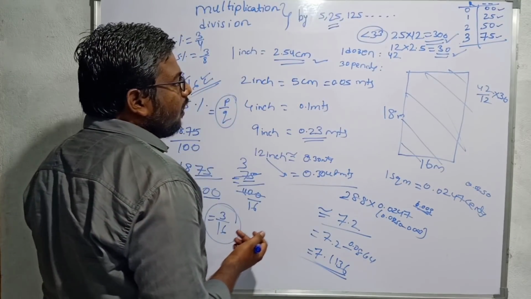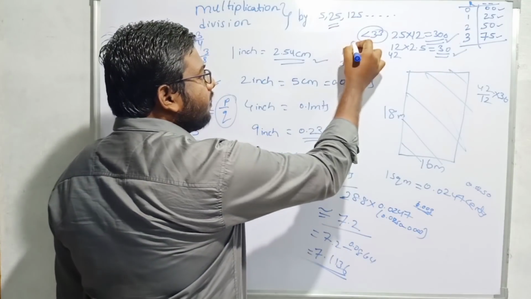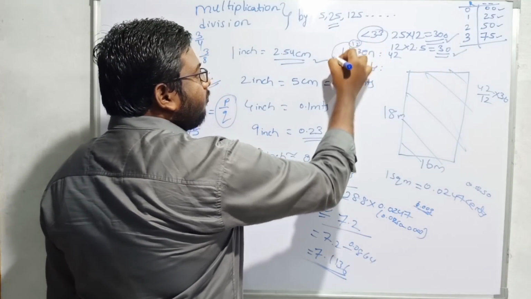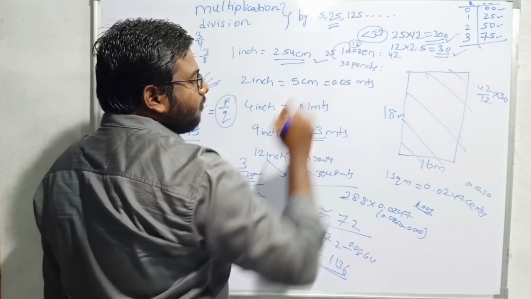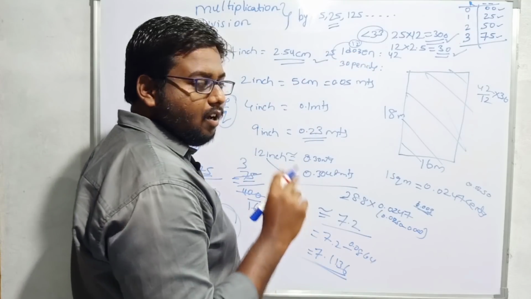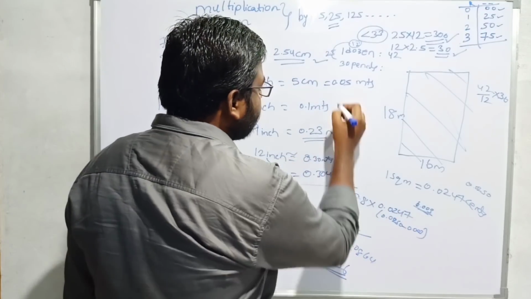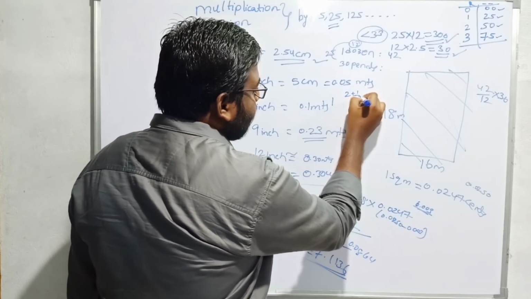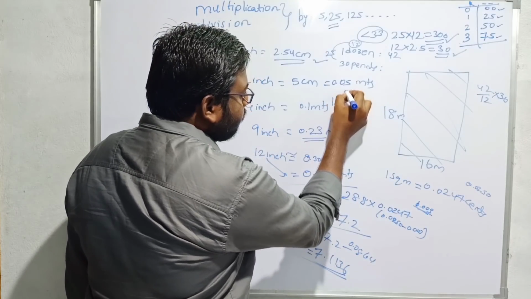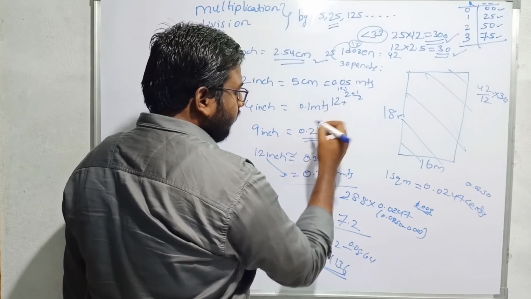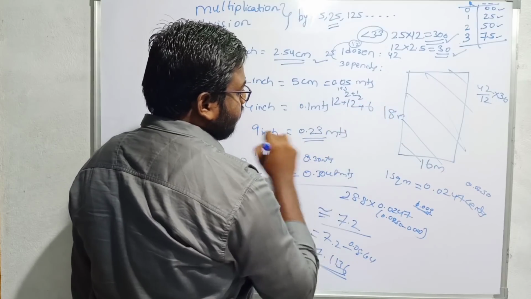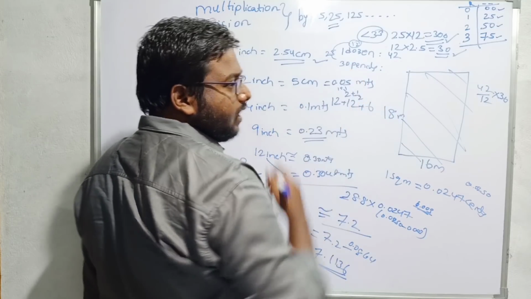And if we observe clearly, dozen means 12. That means 12 into 2.5 is nothing but 30 pencils. That means 2.5 dozens is the value of 30. 30 is 2.5 dozen. That means 2.5 means 2 plus 1 by 2. That means 2 I can write as 1 plus 1: 1 dozen, 1 dozen, and half dozen. This is 24 plus 6, which is nothing but 30.